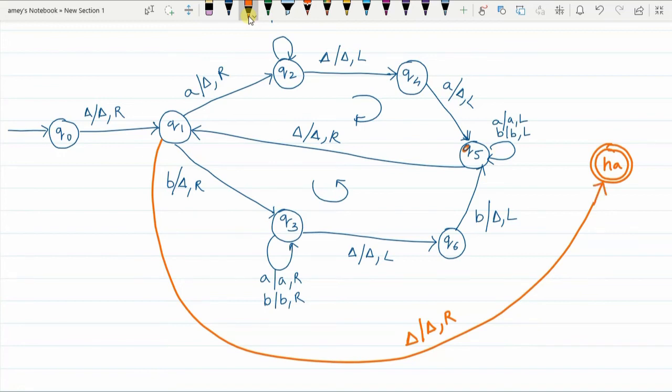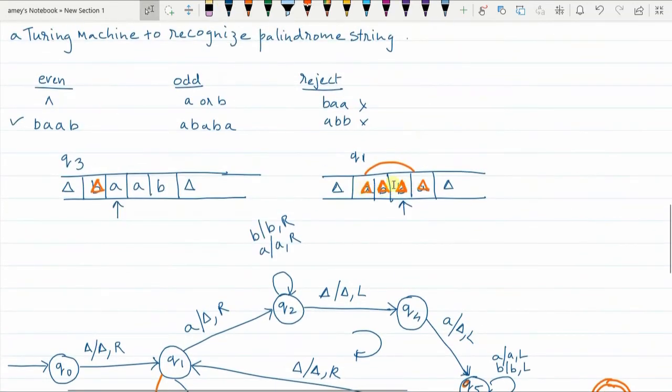Fine. So this is for even length palindromes, because the kinds of strings that we considered here were of even length. We considered even length strings, these kinds of strings. The same thing would have happened for BA, AB. We have considered A, B, BA.